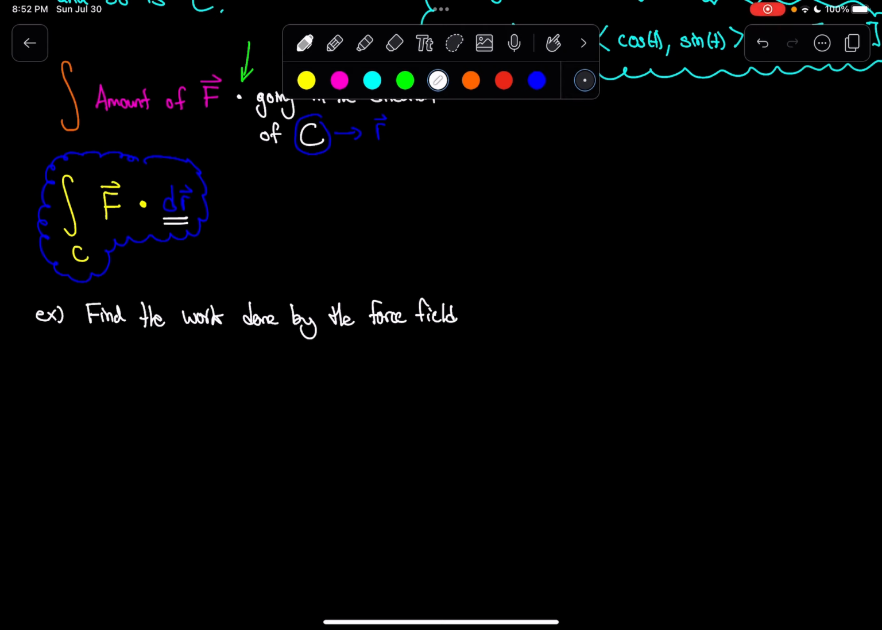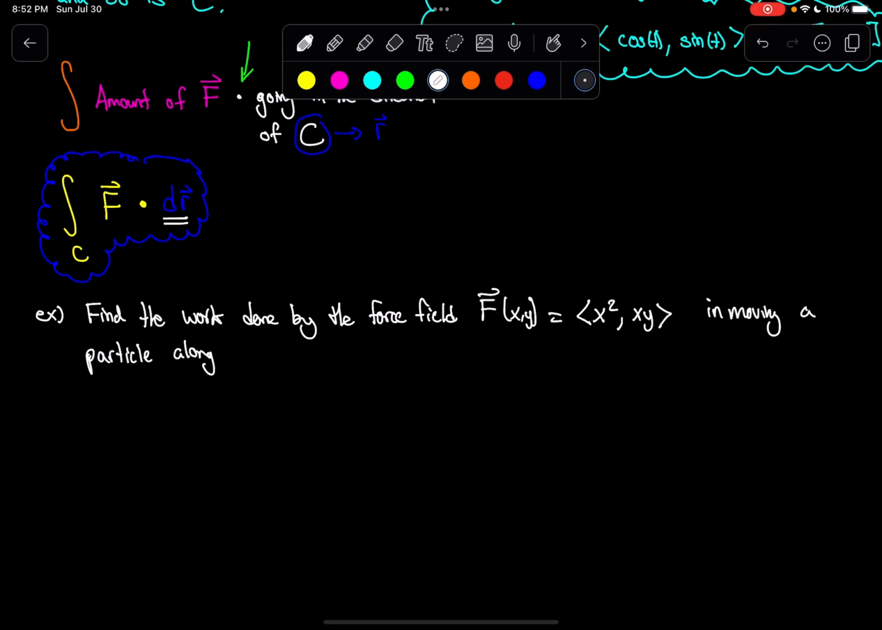So find the work done by the force field given by the vector function f of x, y, or excuse me, vector field. And this vector field looks like this. Again, just pulling it out of thin air. And so it's the work done by the force field in moving a particle, that's our fly, but the book likes to use particle, it doesn't like flies, along the quarter circle,